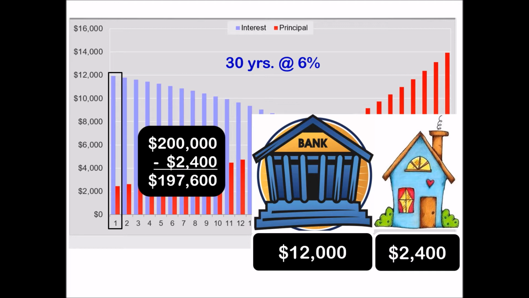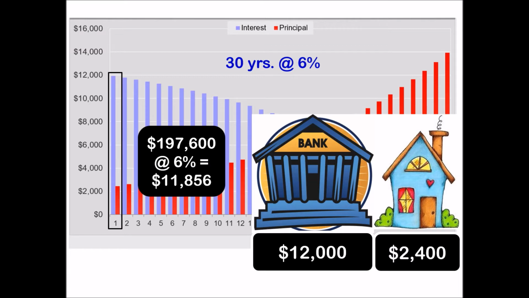Now you subtract that difference, and the next year you're going to pay interest on the remaining balance. So you see, this is the big difference between sales tax and interest. Sales tax is one and done. Interest gets reset each year, and you pay new interest on the new numbers.